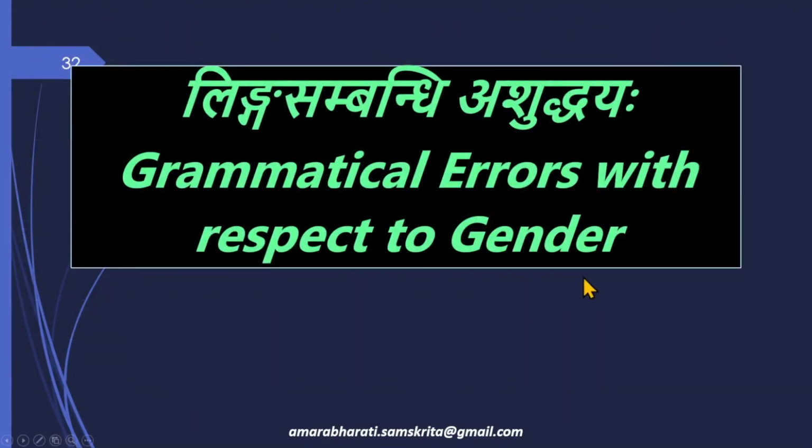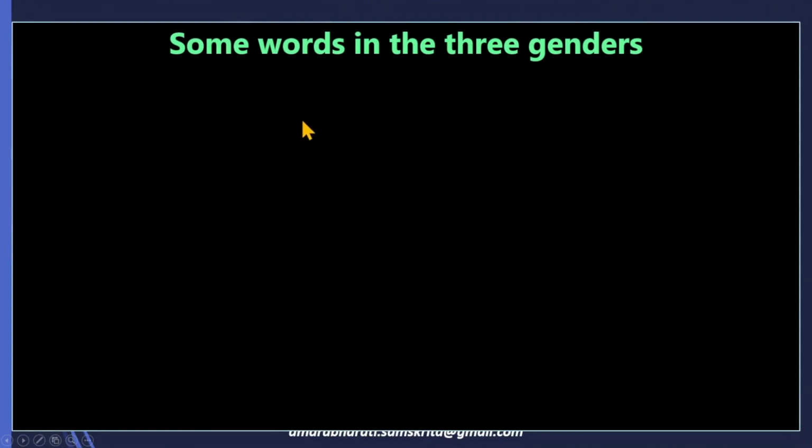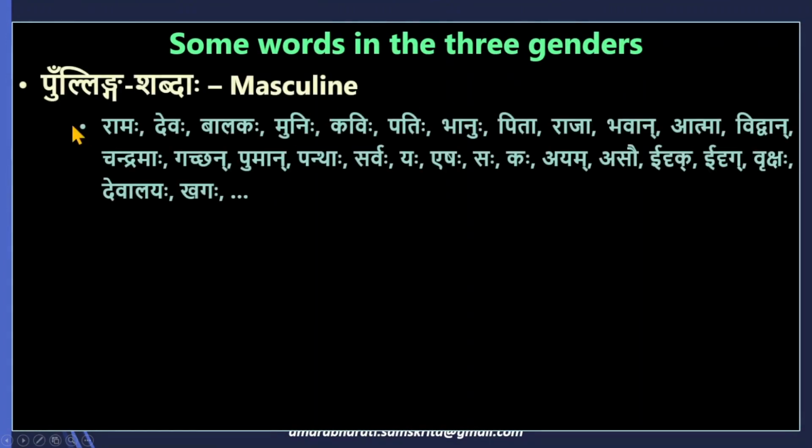Linga sambandhi ashuddhayaha, grammatical errors with respect to gender. We should know some words in the three genders. Pullinga shabdaha, masculine: Ramaha, Devaha, Balakaha, Munihi, Kavihi, Patihi, Bhanuhu, Pita, Raja, Bhavan, Atma, Vidwan, Chandramaha, Gachan, Puman, Panthaha, Sarvaha, Yaha, Yeshaha, Saha, Kaha, Ayam, Asau, Idrik,